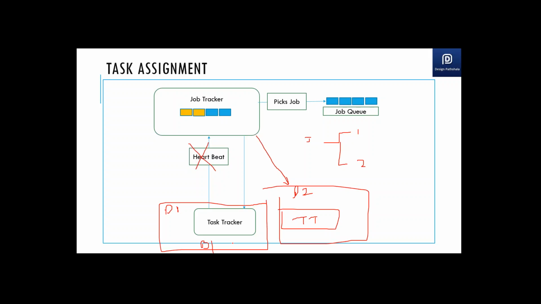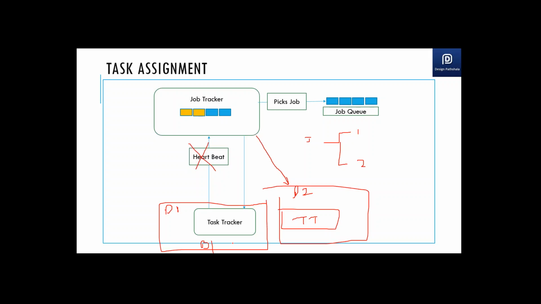Second, how to process the data? The job tracker now knows which data nodes your blocks are lying on, because the name node has the metadata. The job tracker gets the metadata information from your name node and knows where the blocks are lying and how many blocks there are for the file. Based on that, it knows on which data nodes it can start the process to really process your data.